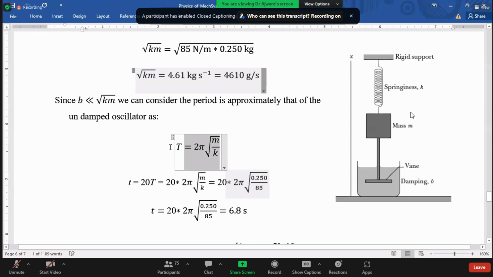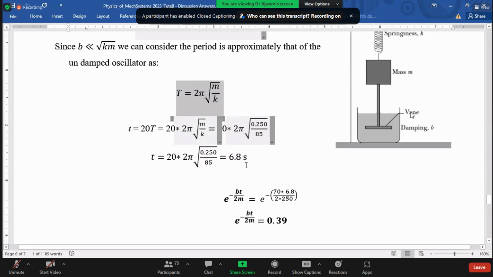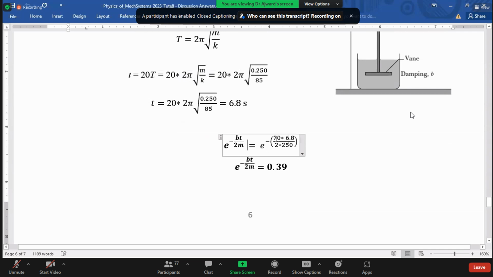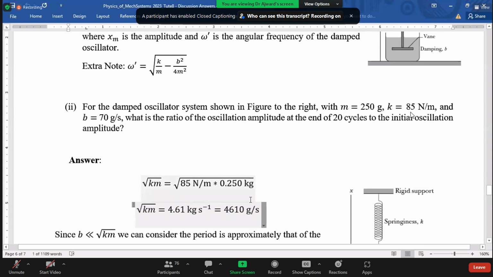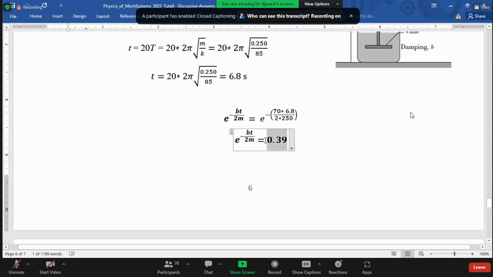So we can use the undamped period, and you put the numbers in and you can find the time for 20 oscillations of the damped oscillator using the undamped period. Because it is asking after 20 cycles, it is 20T. T is the period given by this. And you put the numbers here because you know the time, the damping constant, and the mass in grams. So here we can use grams because both are in grams, so the gram cancels, and you get the